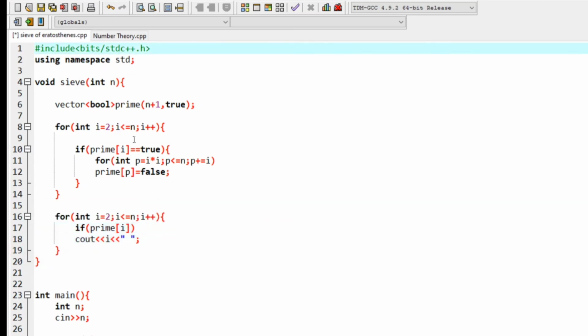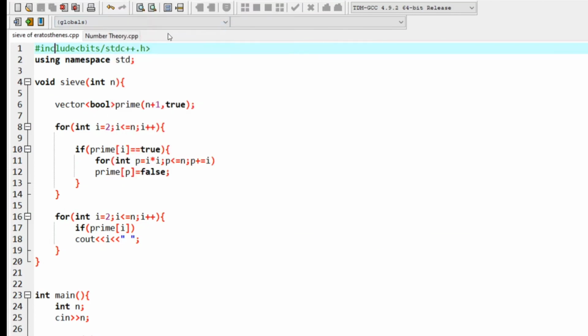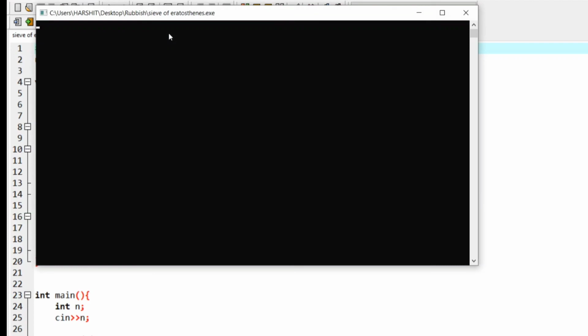So if I execute this, and if I give input as 20, the output is 2, 3, 5, 7, 11, 13, 17, and 19.